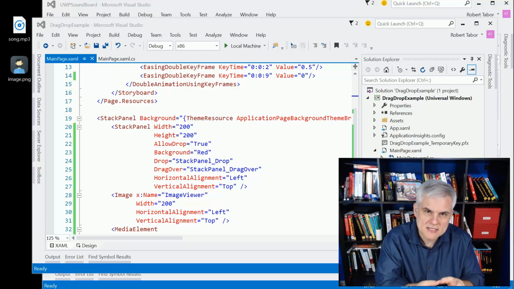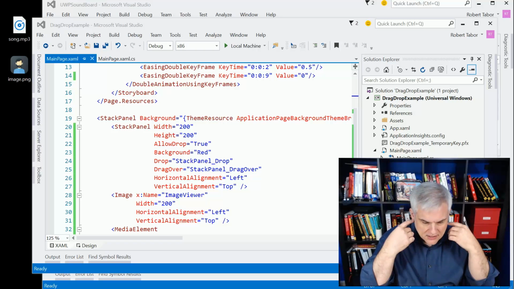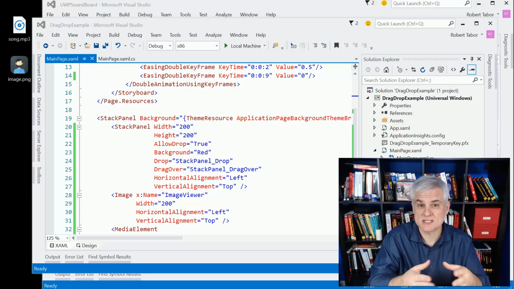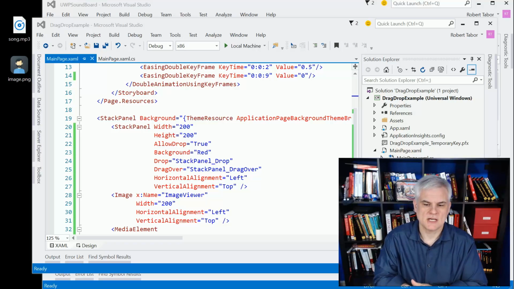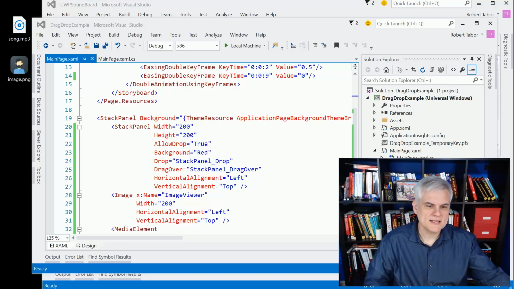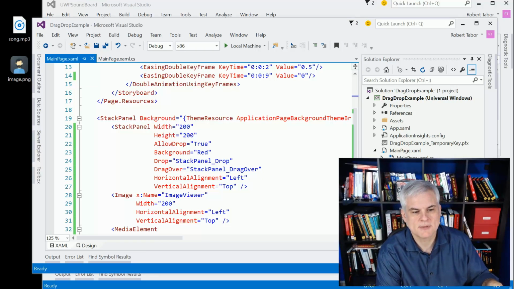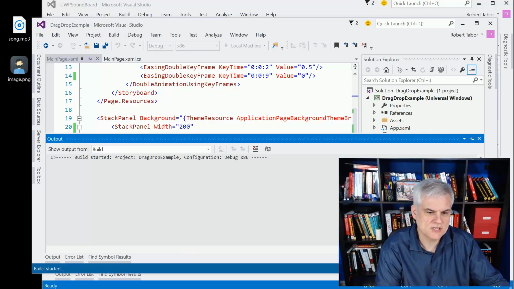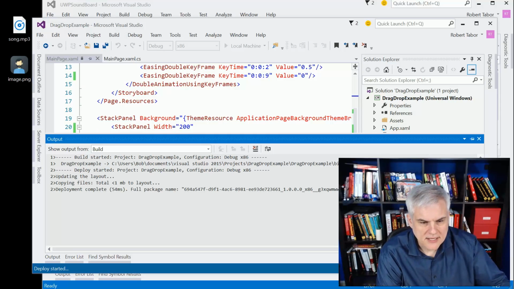This helps me to isolate just the feature or the idea that I don't quite understand, wrap my brain around it, try variants, understand what my options are, and then once I'm done experimenting and I have it pretty full-fledged, then I can apply that to the larger project. So what I set out to do is create a little app. You'll have access to this drag and drop example, and you can see it's very, very simple, but it does illustrate some important ideas. And as we launch the app here, the idea is that we have a stack panel